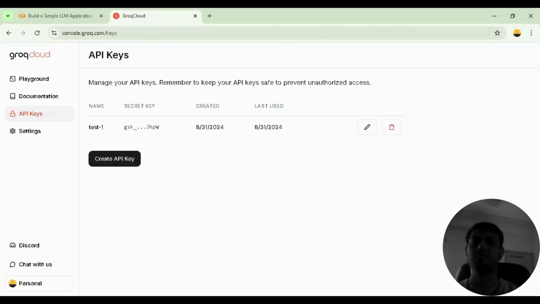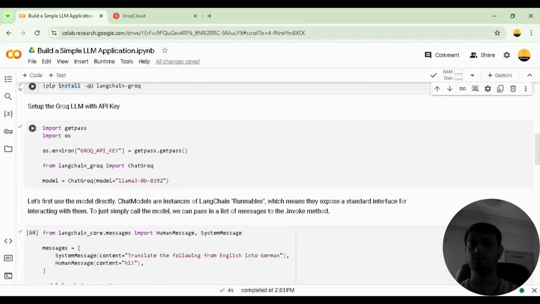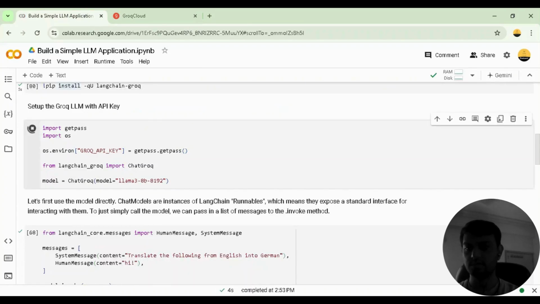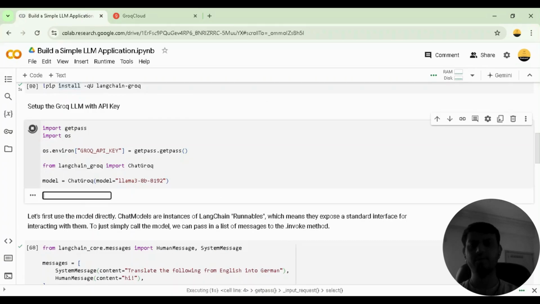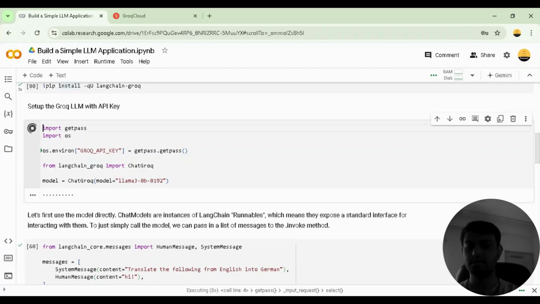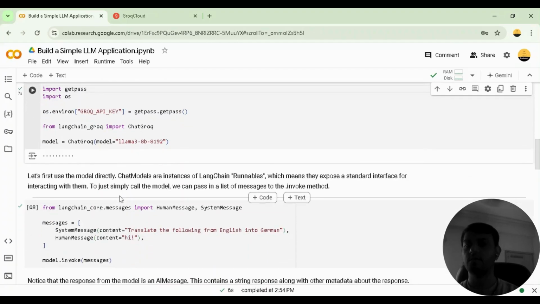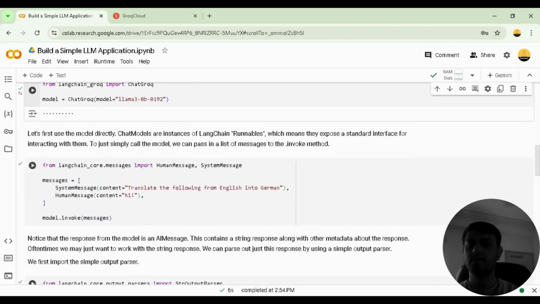Once I run this, it will ask me to enter the API key, so I'm entering it here. Once I've entered the API key, what I need to do next is